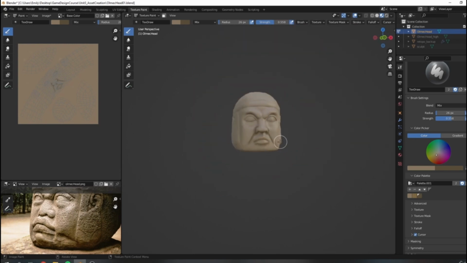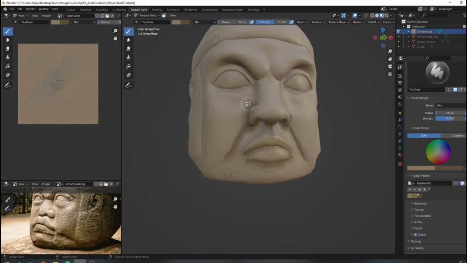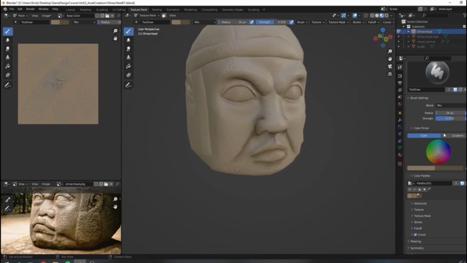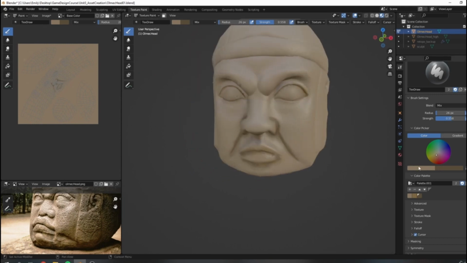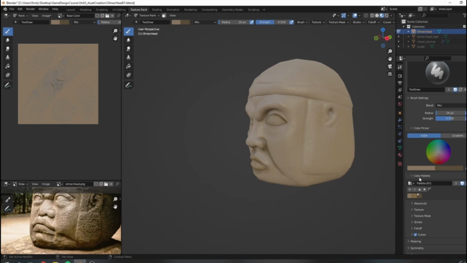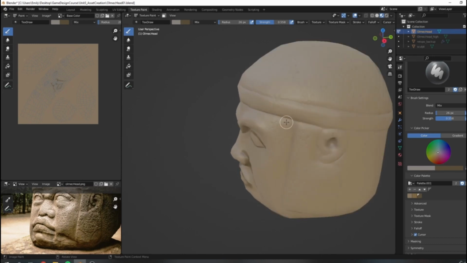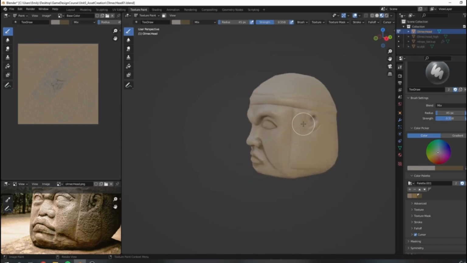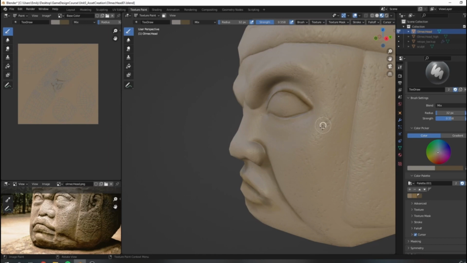I also think I want to go in and give this some overall color variation before I get too far into painting these details. So from my base color here, I'm just going to make some changes. I'm going to make it more gray and shift the hue slightly to a more light gray, and I'm just going to come in and over the whole thing do a little bit of modeling like we did